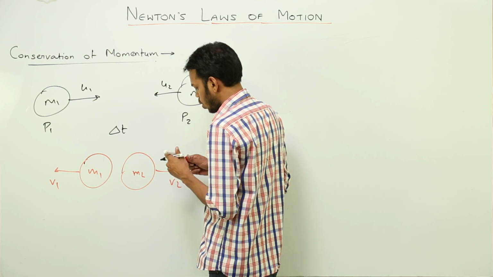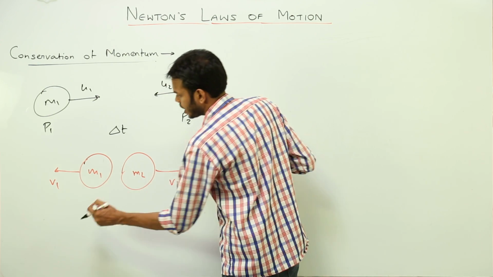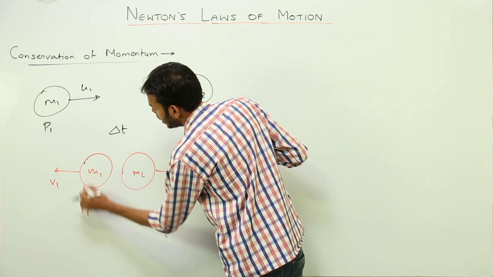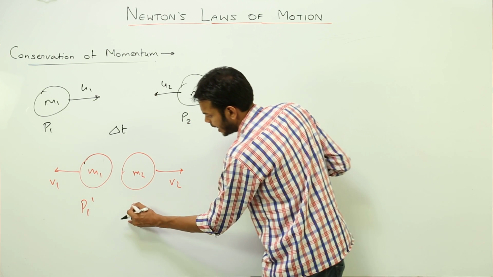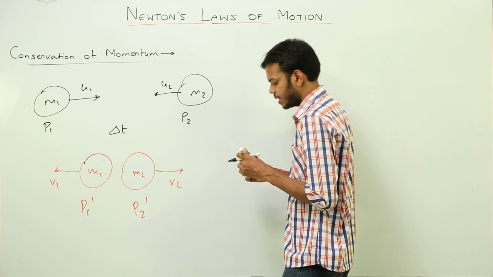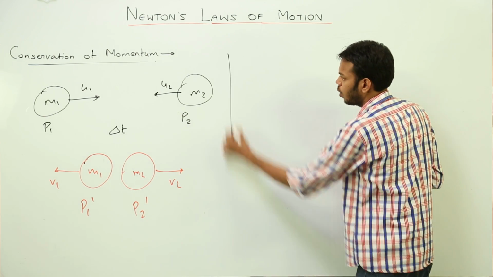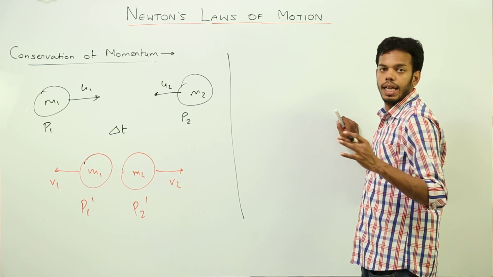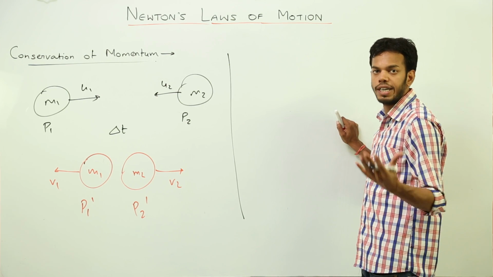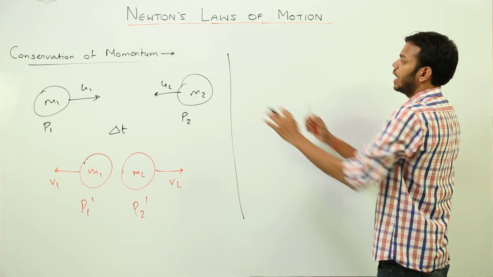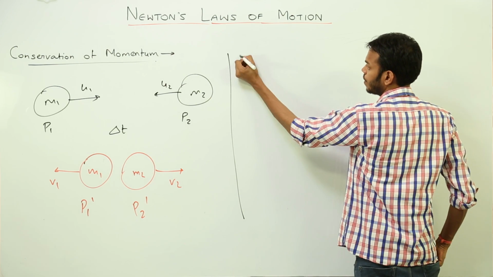So the final momentum of the system, let it be P1 dash and P2 dash. This is the final momentum of this body and the final momentum of this body. Now, according to the law, the net momentum is conserved. How are we going to prove it? We know, according to